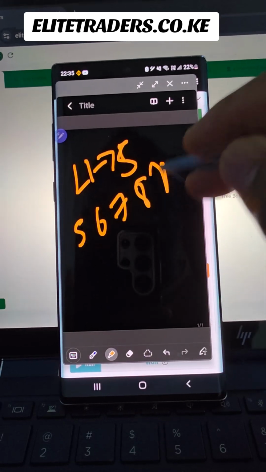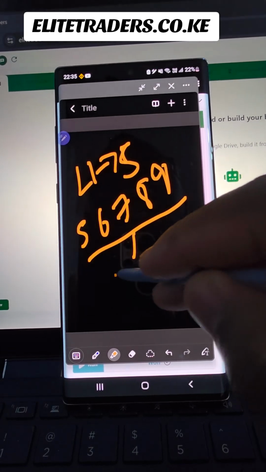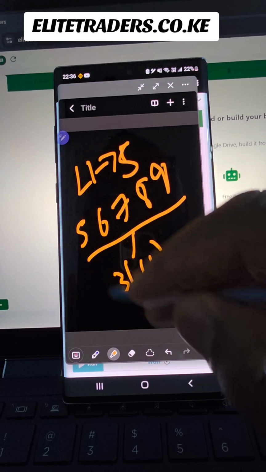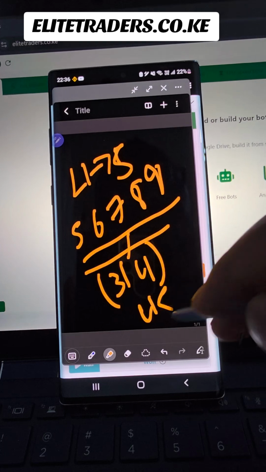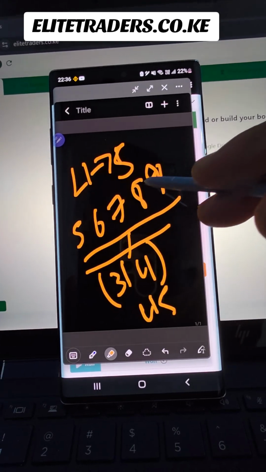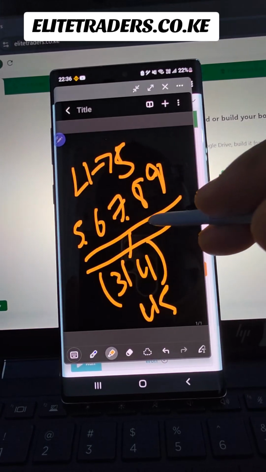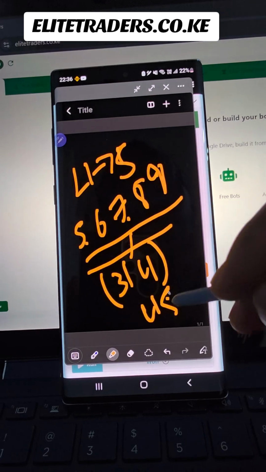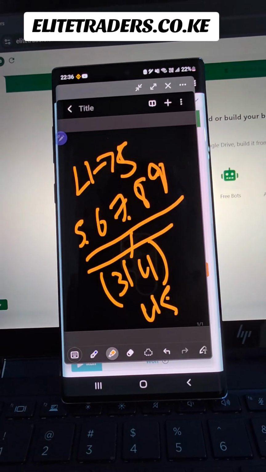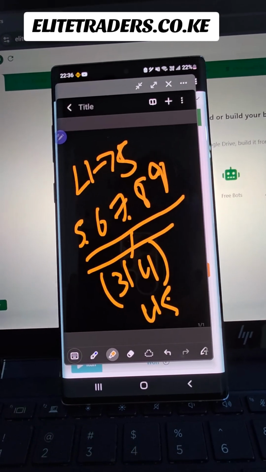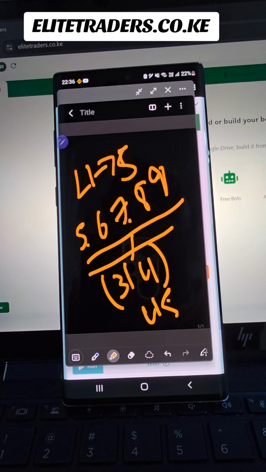Assuming the tick touches these 5 digits either 3 or 4 consecutive times, we normally execute that trade on under 5. So if it moves from 9 to 5 then 7, you run that trade on under 5. Because the moment the tick touches those digits 3 consecutive times, the highest possibility is that the market goes below 5. Even if you happen to make a loss, you are able to make an instant